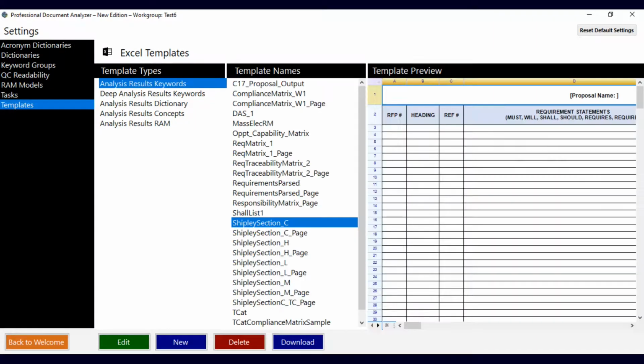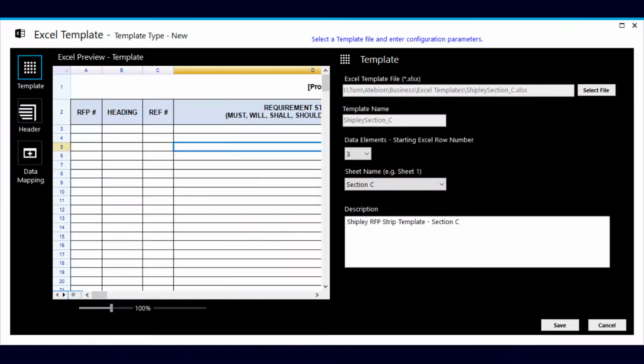When you select a template, you will see the template's preview on the right. If you want to modify the selected template, click the green Edit button at the bottom. But if you want to create a new template, then click the dark blue New button. This Excel template window will be displayed after you have clicked the New or Edit button from the Settings template